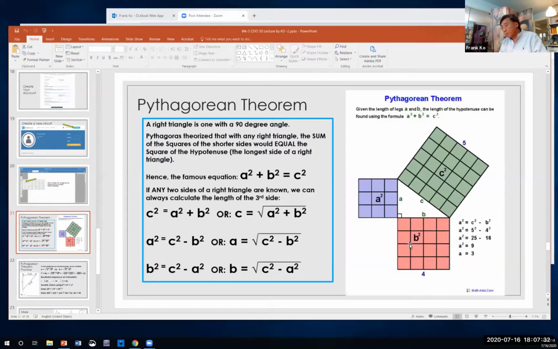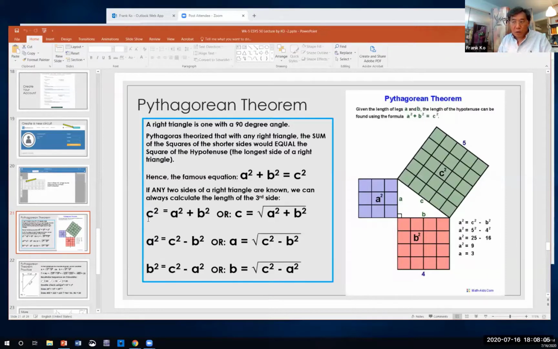Now, if we switch things around, remember, like Ohm's law or like Watt's law, if you have two quantities, you can always calculate the third. Got that? If you have two, you can always calculate a third quantity. So we're not always looking for the hypotenuse. If we designate A as being one of the short sides, B as one of the short sides, and let's say we use C as the hypotenuse,